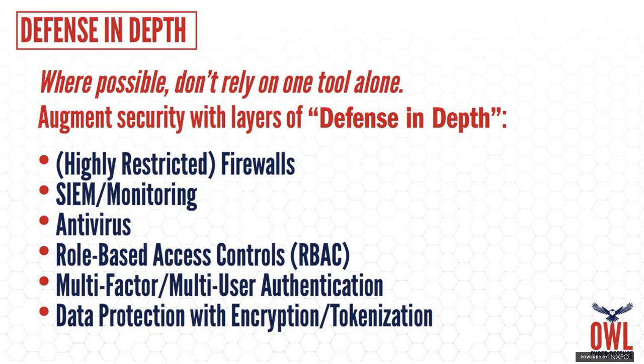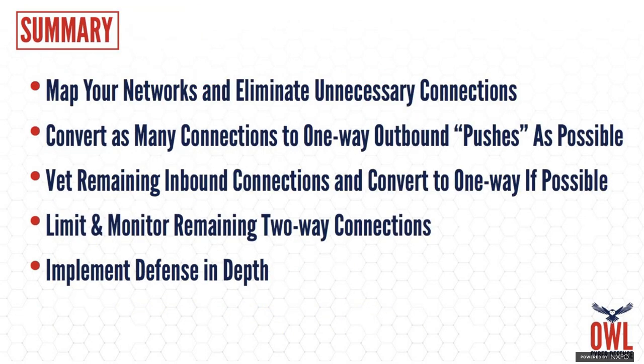Okay. And Scott, we have a couple other questions coming in here, but we're nearing the end of your deck, so let's finish that, and then we can open up a full round of Q&A. Sure, I just had one. It was really just a summary slide that talks about mapping your networks, limiting those unnecessary connections, and then doing the conversion to one-way out, one-way in, and then for any remaining two-way connections, locking those down per DHS recommendations: single IP address, single port that's opened, and then heavily managing that one connection. But we can go straight to questions now if we want to.